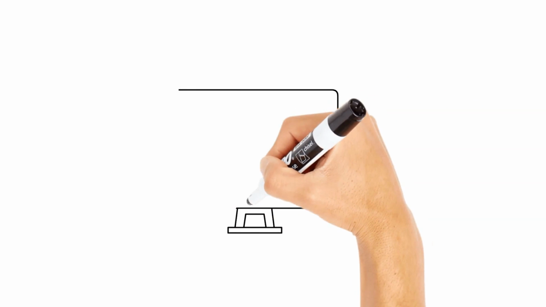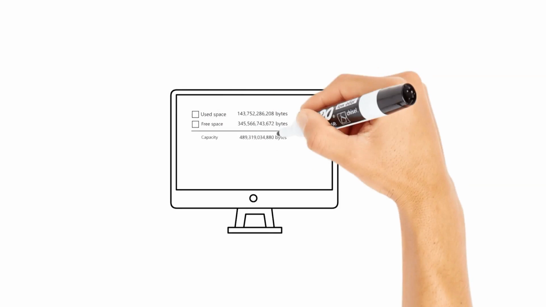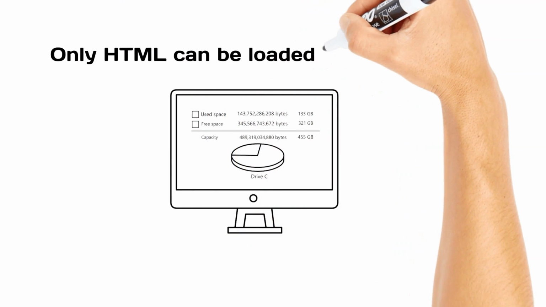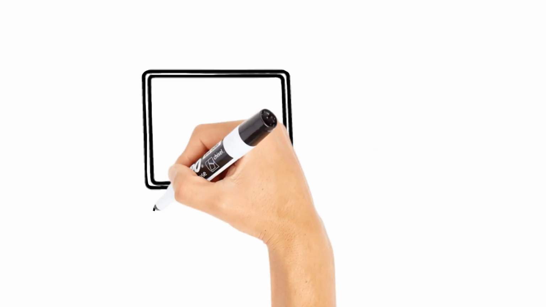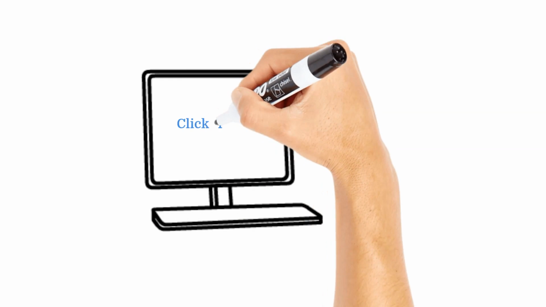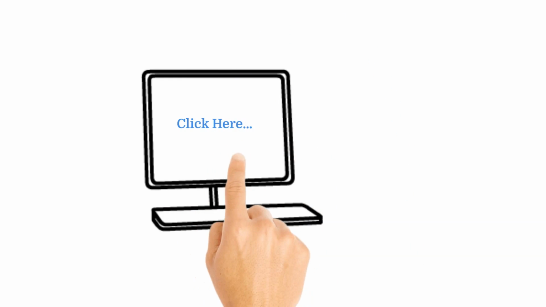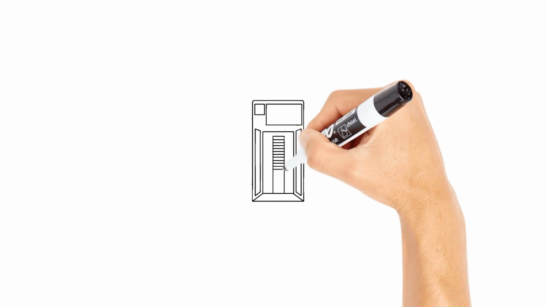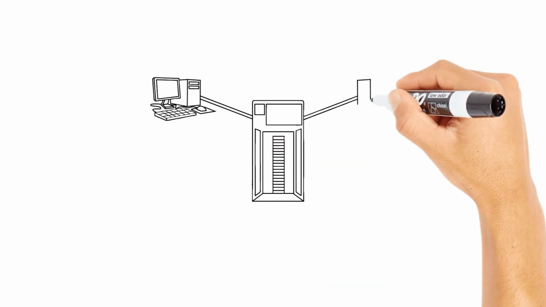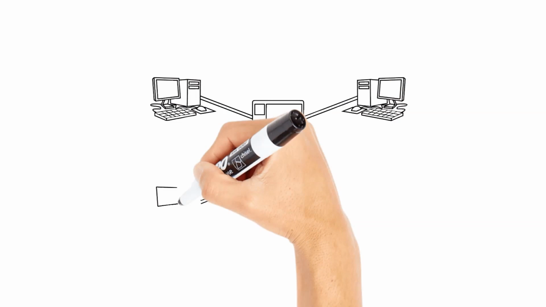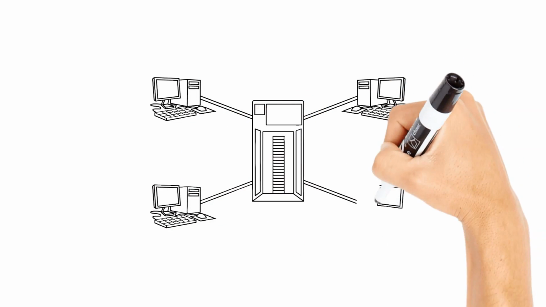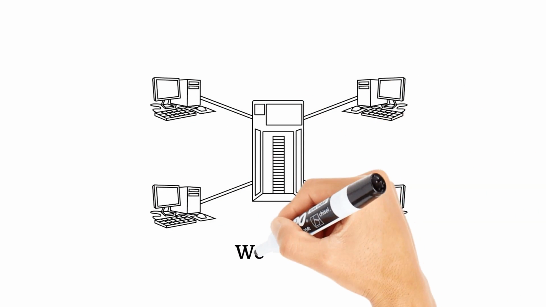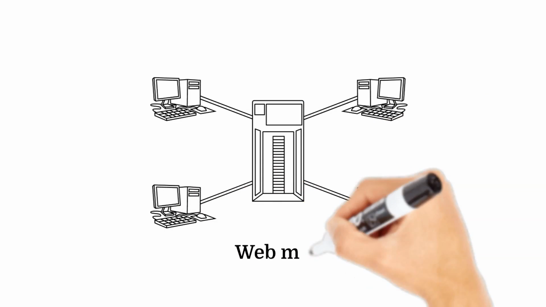So anything you can see in a browser is basically HTML, because all browsers are designed to render HTML pages, and one page can link with another page using hyperlinks, and that's why we call it the web. You can go on a page and click a link and you will be redirected to another page, then redirected to another page, and that's why this model is called the web model.